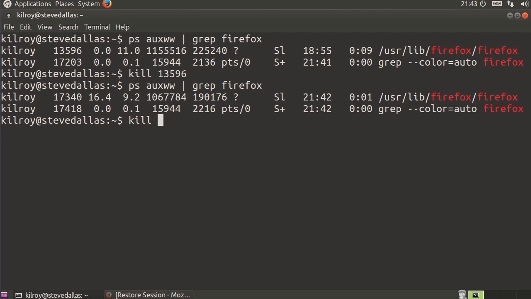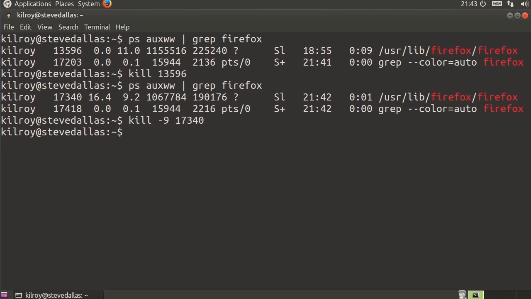What I can do is say kill -9, which is actually a specific signal that is going to terminate the process. You might even say terminate with prejudice. It would be really, really difficult to send this particular signal to a process and not have it die. Something really bad would have to happen for that to be the case. So let's say